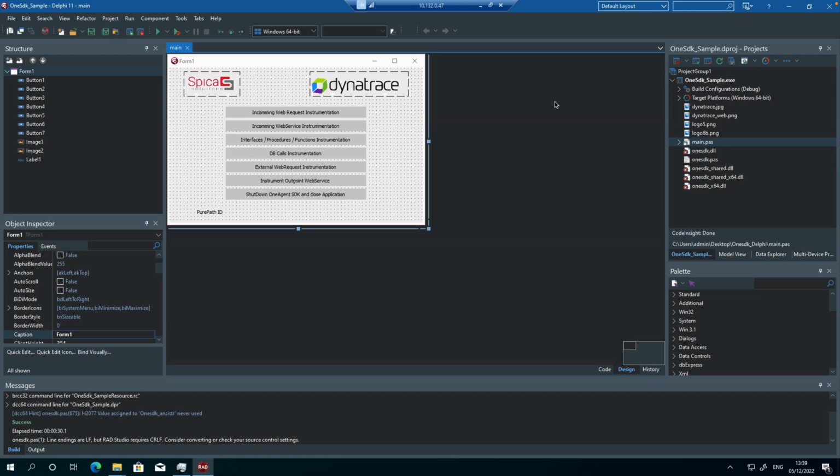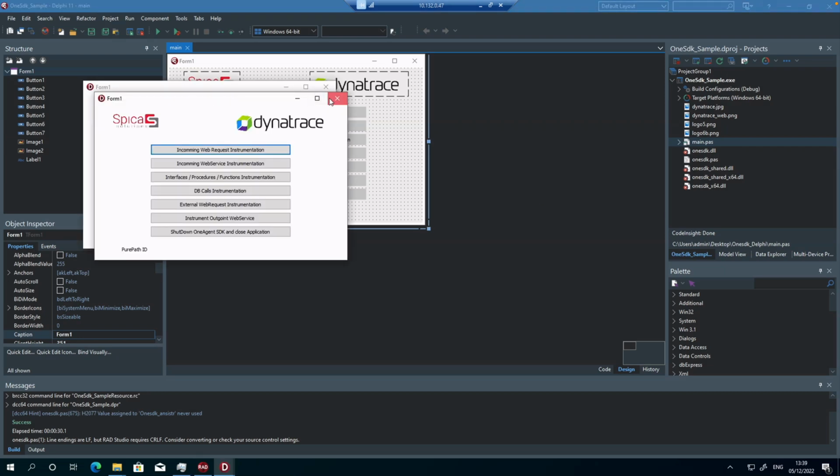Second of all, obviously, we need to manually instrument our application to make it work. We need to have access to the source code of the application. Our SDK comes with a sample application that can be run, and I will do it right now. And this sample application is pre-instrumented